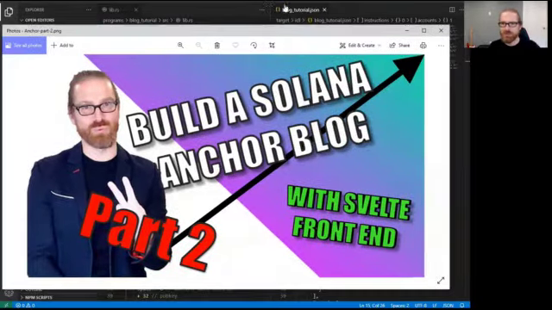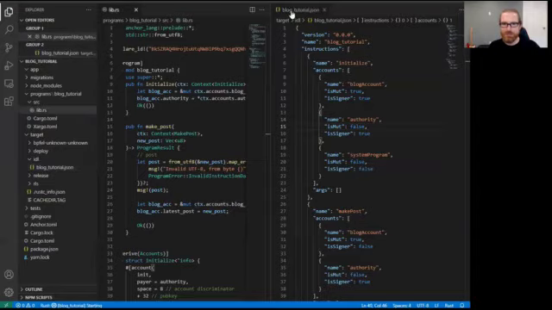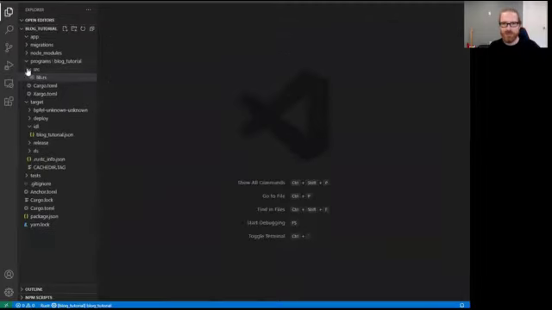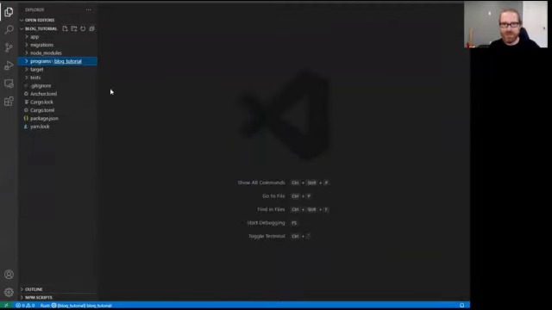I know that we went through the Rust side last time, which was all this program stuff and the IDL. We're going to close that down for now. And what you'll notice is Anchor makes us an app folder. What we need to do is populate this app side with our front-end code. I'm going to use